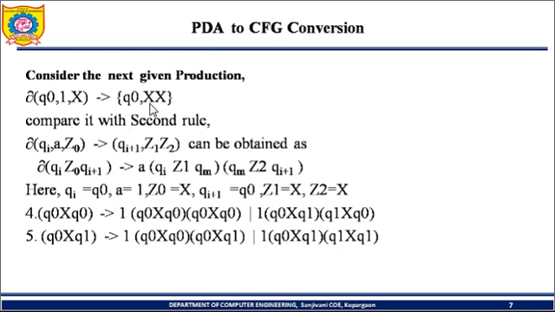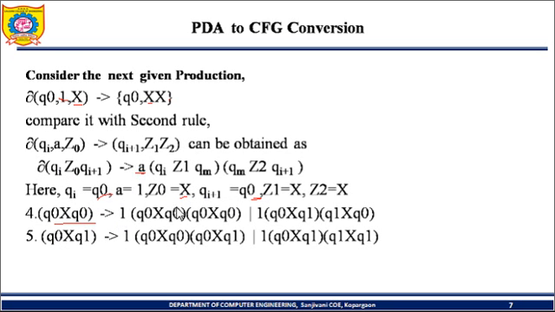In the same way, here Z1 and Z2 are XX. So here Qi is Q0, small a is again 1, Z0 is now X, Qi+1 is Q0, Z1 is X, Z2 is X. Then its equivalent for the fourth and fifth production is Q0 X Q0, because Qi Z0 Qi+1: Qi is Q0, Z0 is X, and Qi+1 is Q0. Up to that, the equivalent of 1 is nothing but a, into